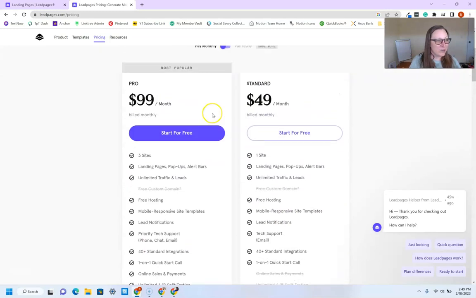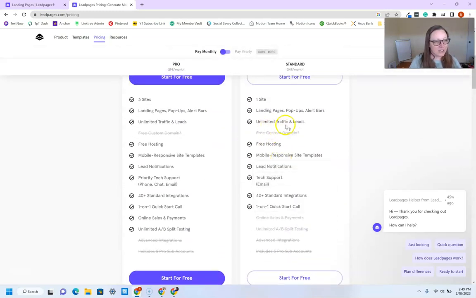So you can see here with what you choose, the standard one, which is what I have, you have the email host or the lead page hosting, lead notifications, and stuff like that. You have a lot of integrations you can do, so you can set it up so that when they take certain actions on your lead pages, it automatically signs them up onto your email list, gets them into a certain welcome sequence. Maybe it triggers a course platform you have, like Teachable, MemberVault, Thinkific, any of those,